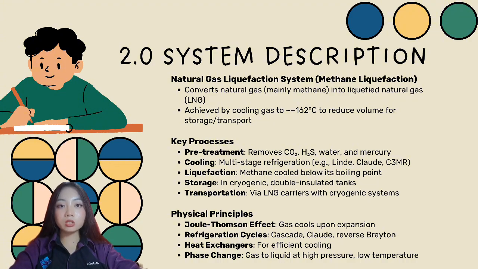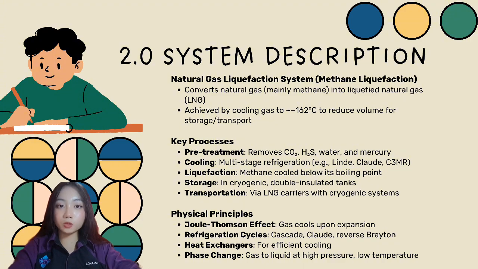This is followed by multi-stage cooling, utilizing advanced refrigeration cycles such as liquefin, pilot, and C3MR systems. These cycles gradually reduce the temperature of the gas before it reaches the liquefaction stage, where methane is cooled below its boiling point, allowing it to change phase from gas to liquid. The liquefied gas is then stored in cryogenic, double-insulated tanks to maintain its low temperature and transported using LNG carriers